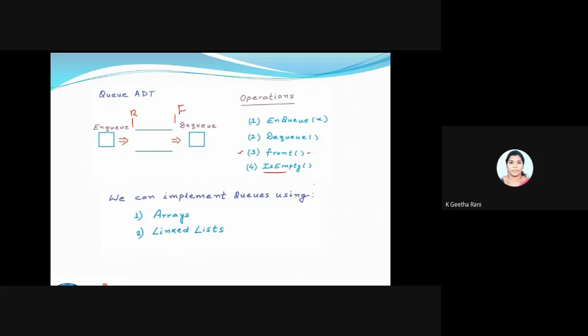So we saw only the concept of queue and the operations of queue, and how we are going to dequeue and enqueue the data inside the queue data structure. Fine. So today we're going to see the implementation of the queue concept. Like stack, we have two ways of implementing the queue also, using the array and using the linked list. We are going to see only the array implementation today.